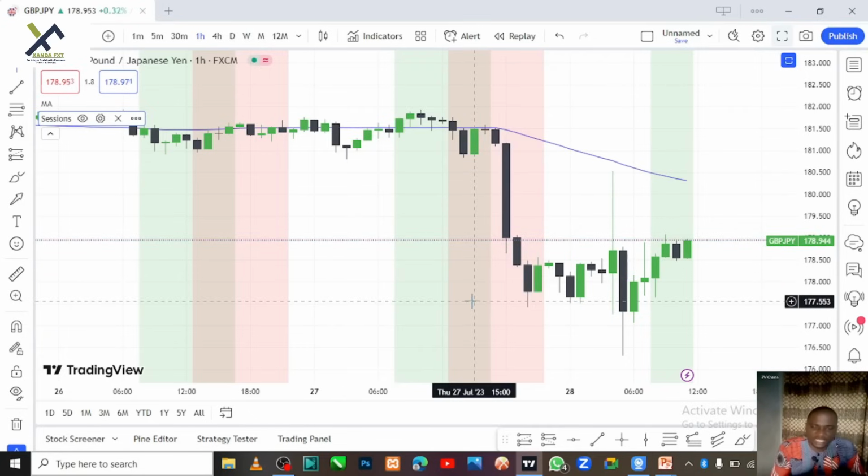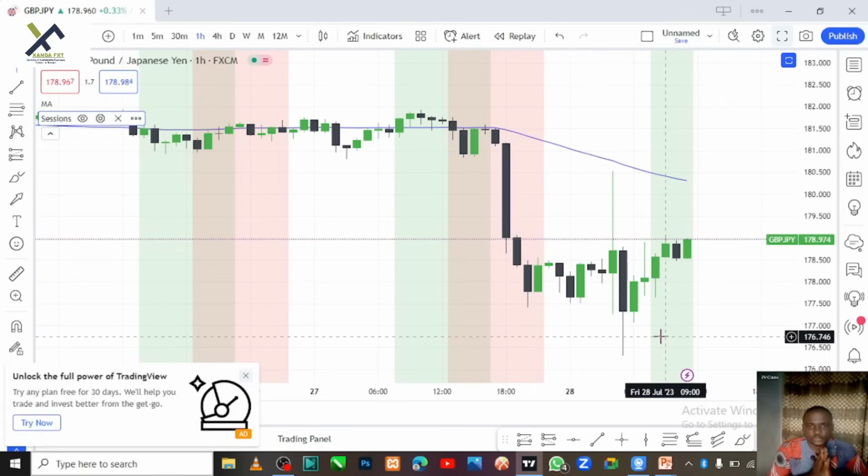Now we are going to be looking at how you can make your entering and exit decisions using these trading sections. So the first thing I do is to pay close attention to the overlapping of the sections. Now the second thing I do while trading this section, I pay attention to any candlestick pattern that is formed at the beginning of the overlapping section.